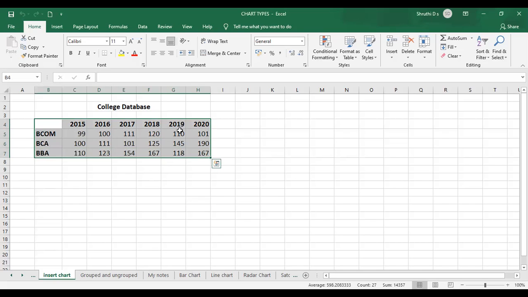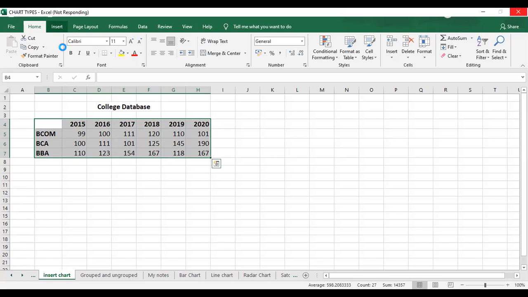Or the data range, for which, see, you can have n number of rows. But in that, for which data range you just want to apply the chart, only that range you can select here, so that for only that set of data, chart will be inserted. I have now selected the data range. I'll go to the Insert tab here.